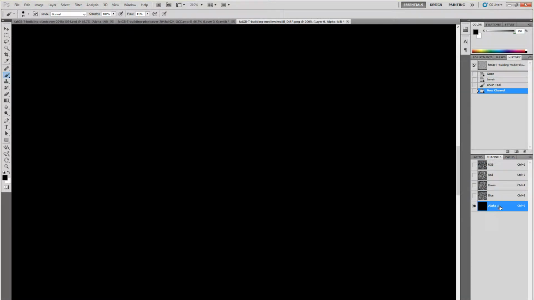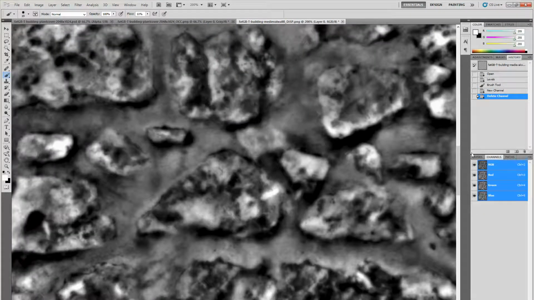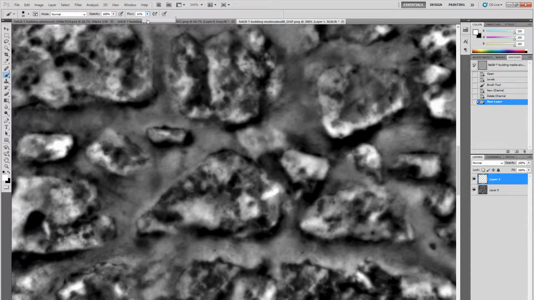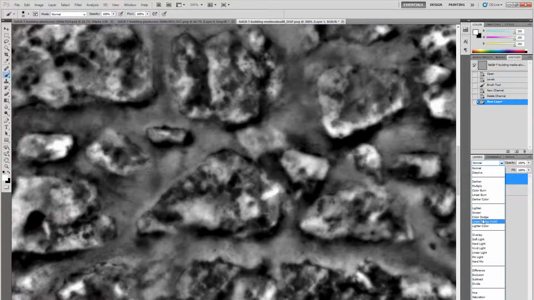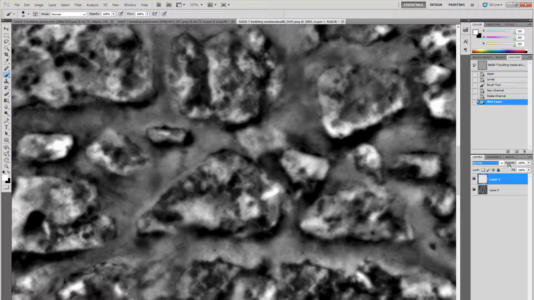No, not alpha channel. I'm going to do a separate layer so it's non-destructive, and paint on with a high flow on top of that, and then maybe use a modifier like lighten and use not 100% of it. So I think I'm just